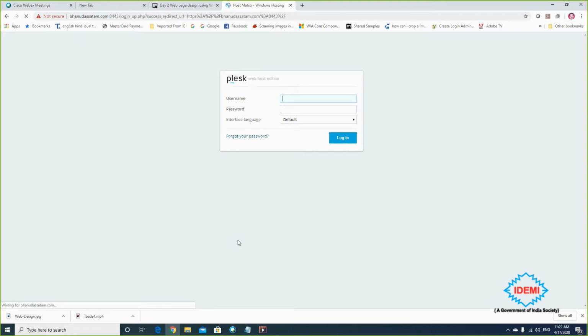So what is the difference between them? Previously there was a difference, but nowadays Windows and Linux servers give almost the same services.